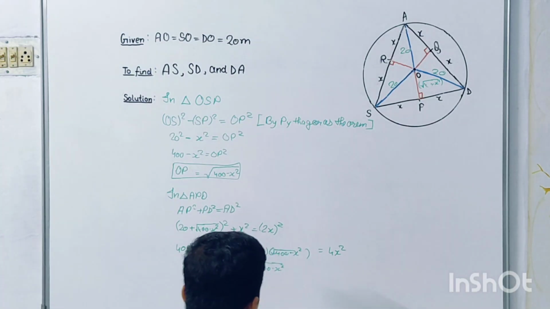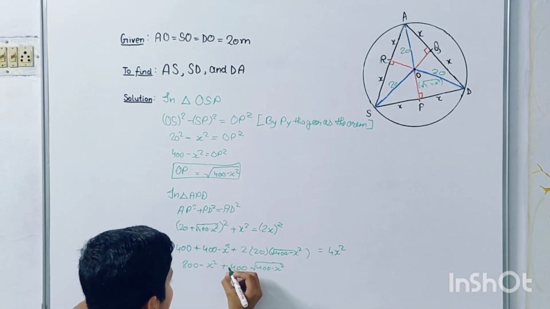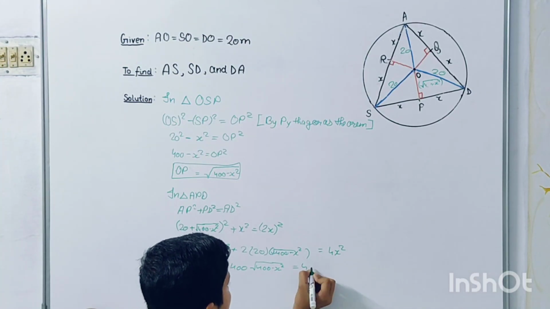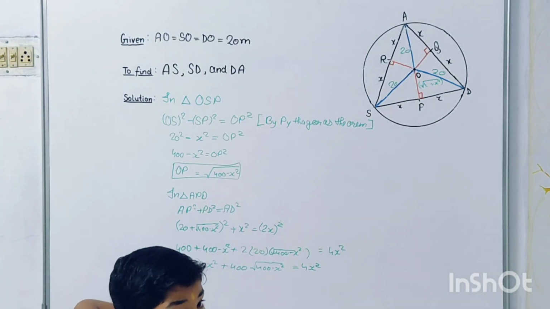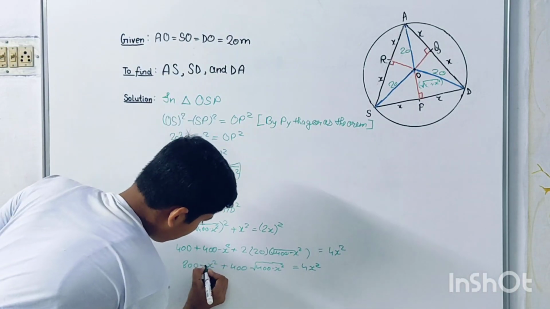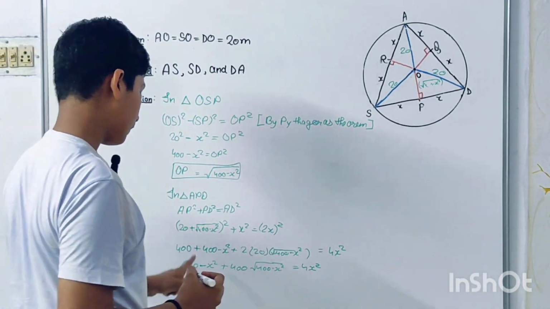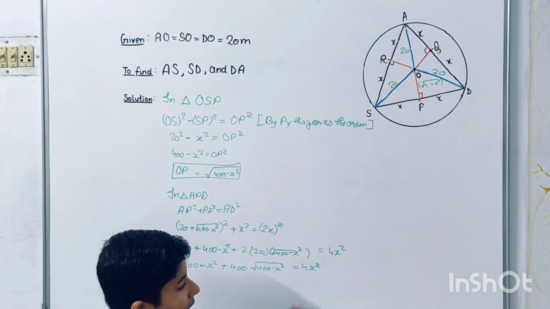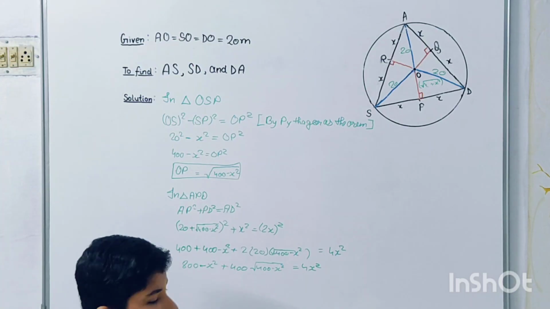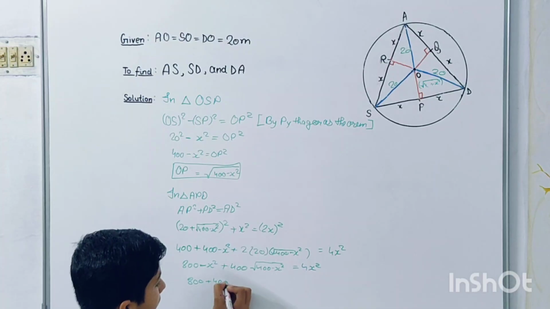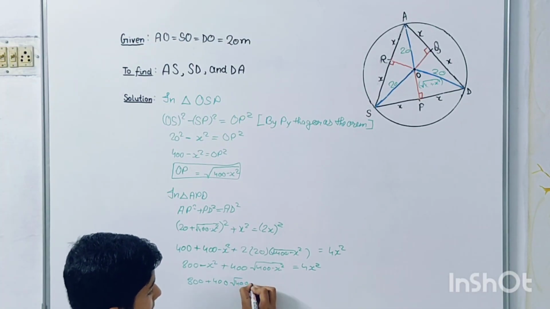I hope you have understood till this one. Now 800 plus 400 root this, equal to 4x square. This is minus x square, this is negative only. This would be negative x square, this is plus 4x square. So when this goes here, it will become 5x square. So 800 plus 400 root 400 minus x square equals